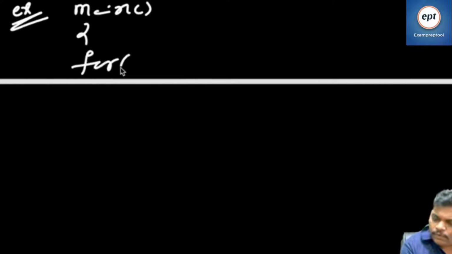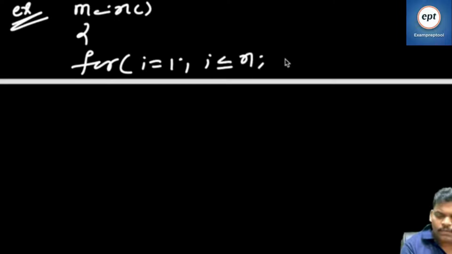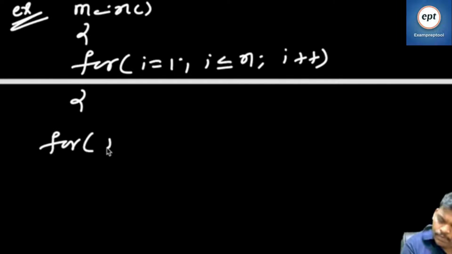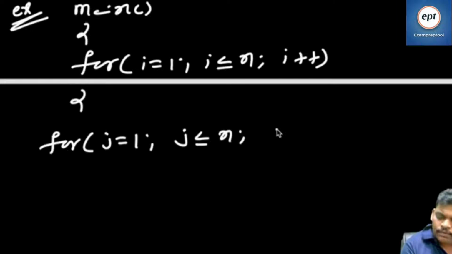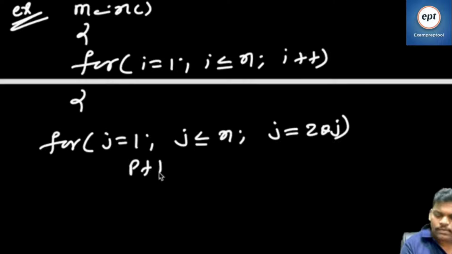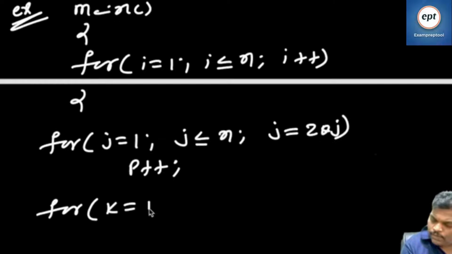For i equal to 1, i less than or equal to n, i plus plus. For j equal to 1, j less than or equal to n, j equal to 2 into j, p plus plus. For k equal to 1, k less than or equal to n,